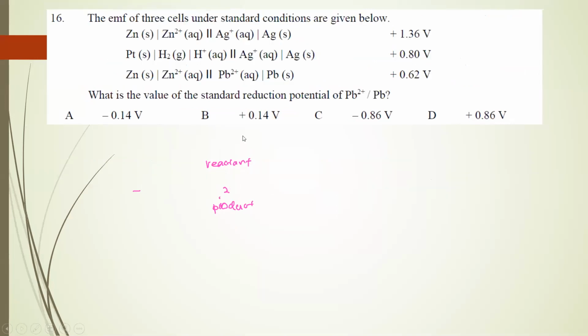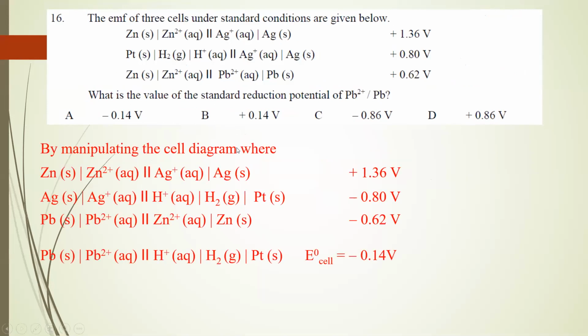Then we go to question number 16. The EMF of the cell at standard condition is shown below. We have Zn2+, Ag+, Ag is 1.36. Pt, H2, H+ to Ag is positive 0.8. And then Zn2+, Zn, Pb is positive 0.62. So what is the value of the standard reduction potential of Pb2+? So in here,